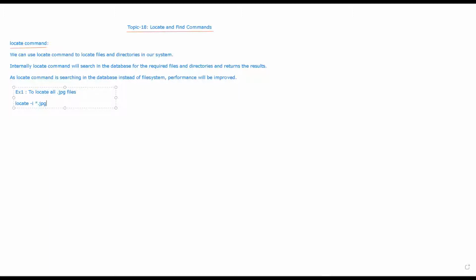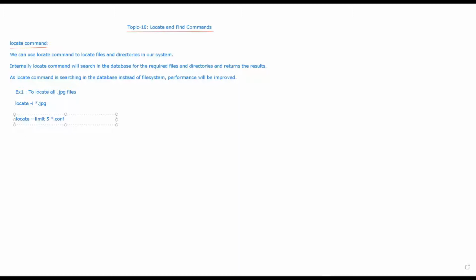Once you locate, there may be n number of files. If you want to limit the result, you can use locate with a limit. Let's say I want only 5, and I want to find only config files.